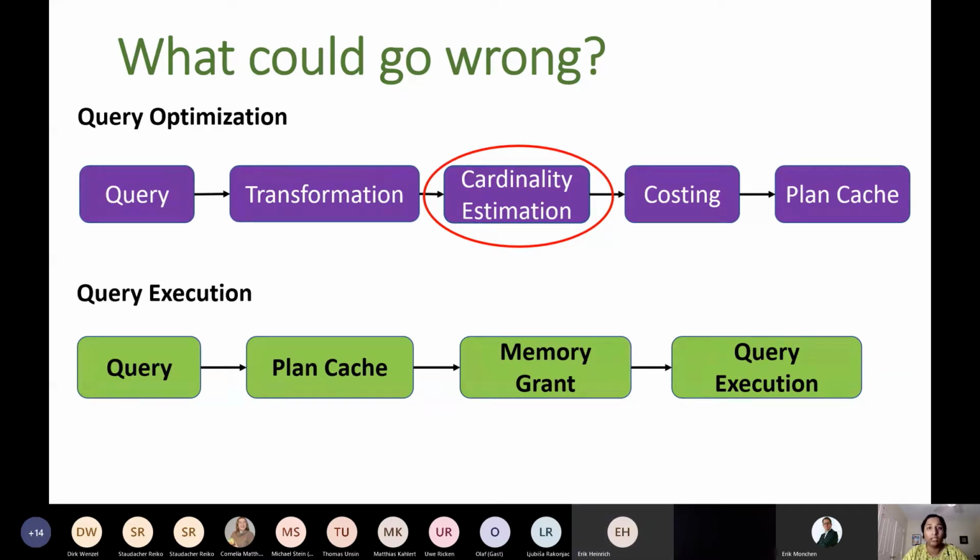After the cardinality estimates are checked, the cost is checked on each and every execution plan, and the plan with the lowest cost will be the winner. That query plan will now be placed in the plan cache for the execution phase. Once that query plan reaches the execution phase, based upon the cardinality estimates, the memory grants are provided to that query, and then the query goes to execution.